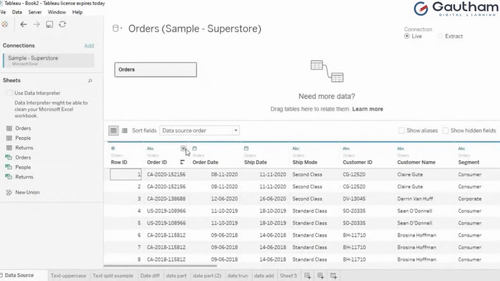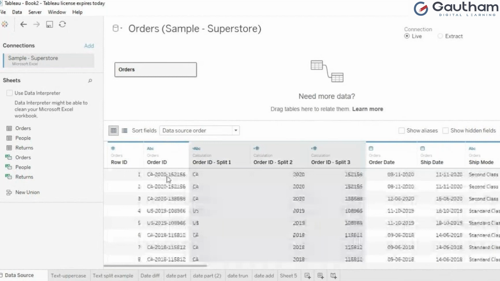I'll say split. See, wherever there is a hyphen, it will split automatically. And you can see there is a blue mark. Tableau directly has created some data source page for us, right? This is created by me. That's why there is no blue mark.